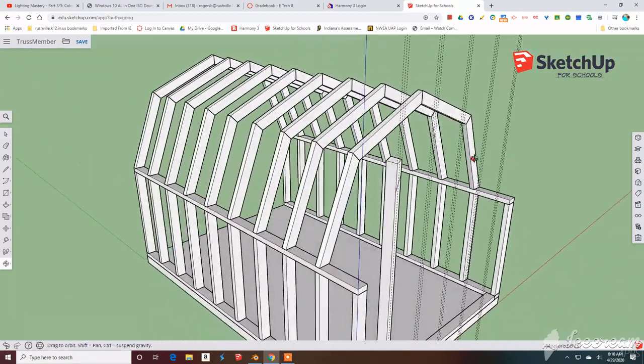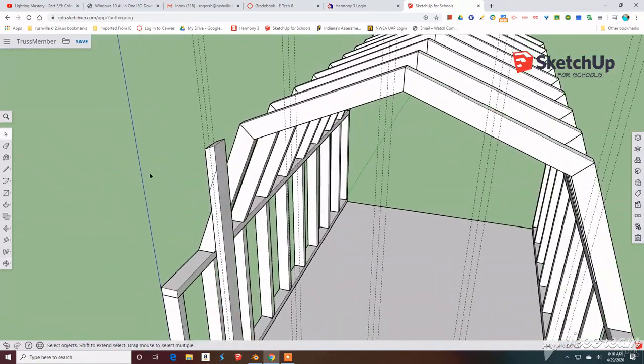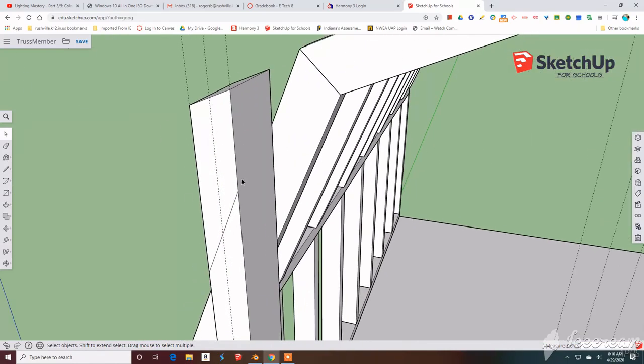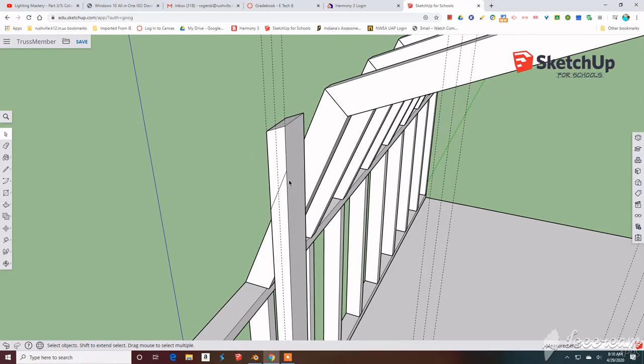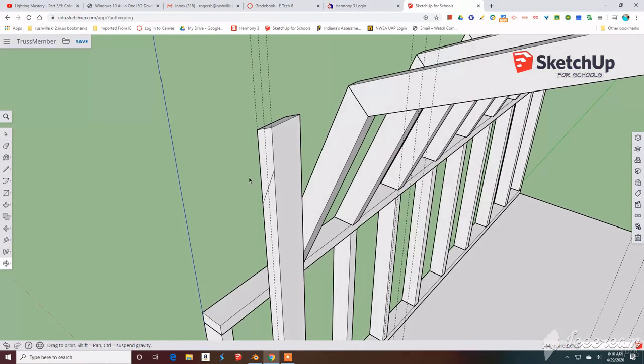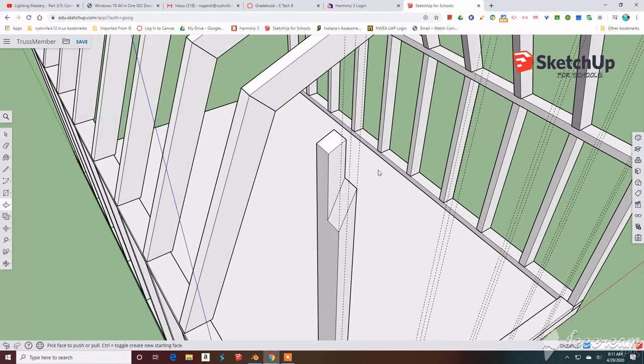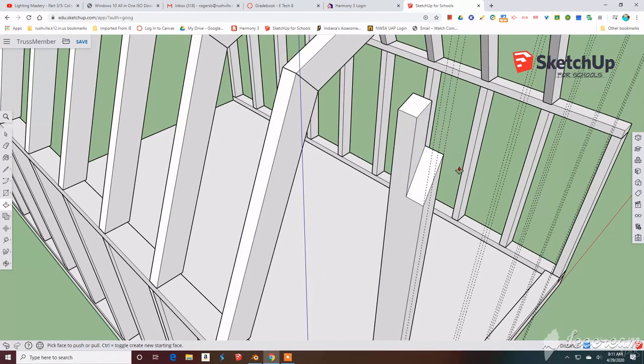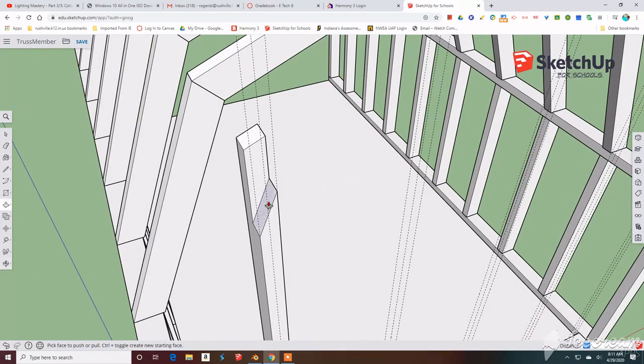So you see now we've got that piece hidden, and now we can work on this one truss, or this wall stud here. So what I've got here is this angled cut here that I need to go ahead and make a notch out of. So all I have to do here at this point is use my push-pull tool, and I have to go ahead and push this backwards, let's see, 2 inches. All right. Now you can see what that does for me. That gives me a cutout here, what I call a notch, so that this piece will accommodate the